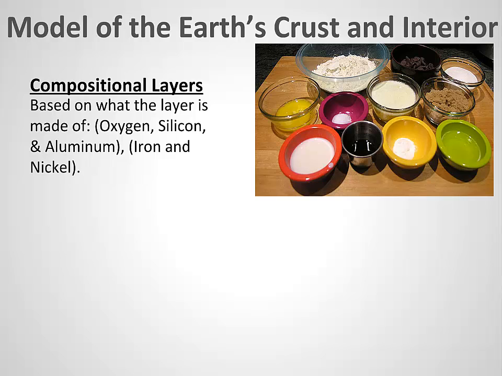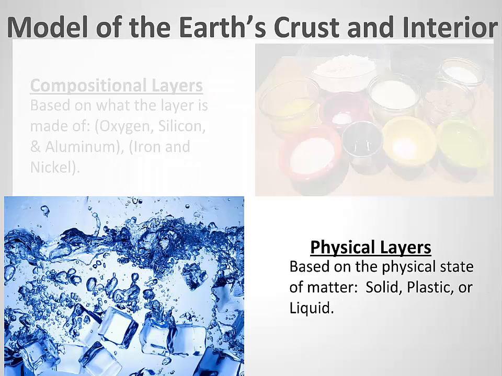One of them is based on what they're made out of. We call those the compositional layers. And it's kind of like saying a chocolate chip cookie is made up of flour and sugar and eggs and chocolate chips. The other way we describe the Earth's interior is by describing the physical layers based on their physical